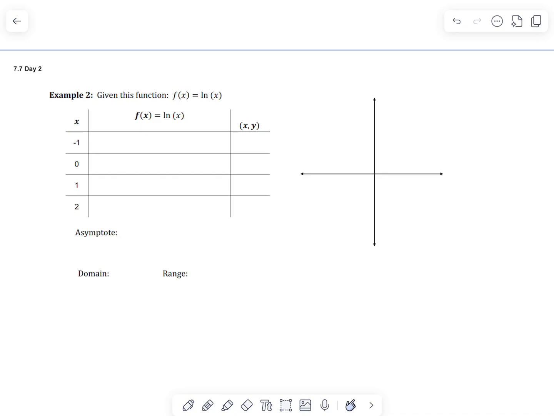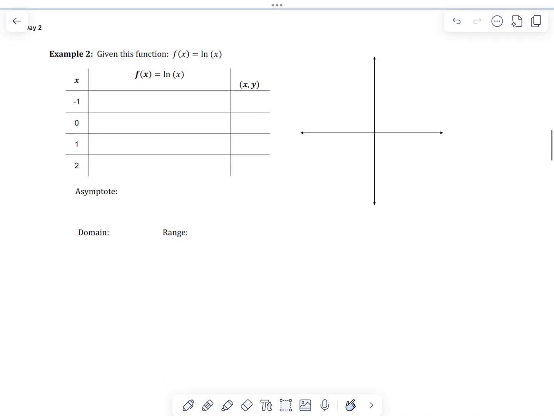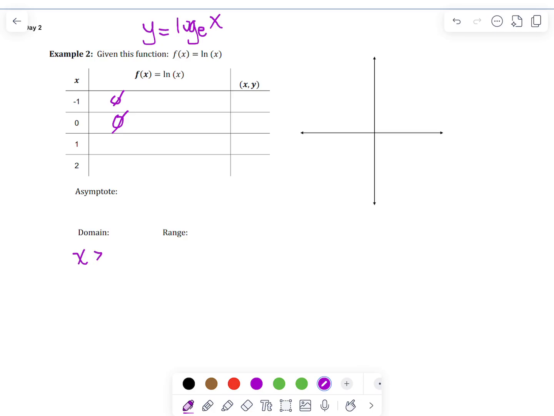All right, here's example 2, where we're graphing the natural log. So to remember, that is a base of e. Just like the previous example, when we evaluate the function for -1 and 0, it's outside the domain because our domain has to be x greater than 0. So then we substitute 1 into the function and 2 into the function, and we just use our calculator, and